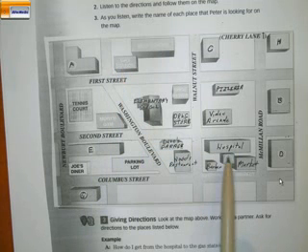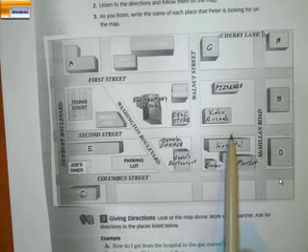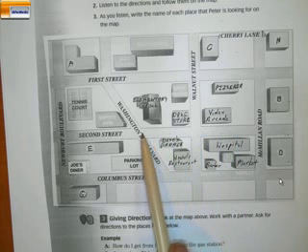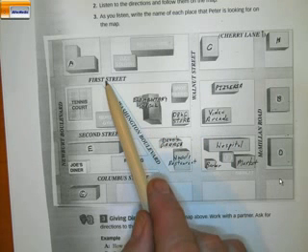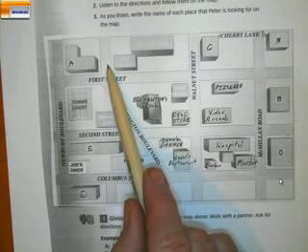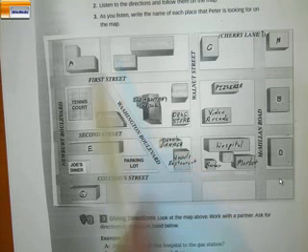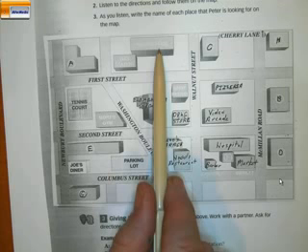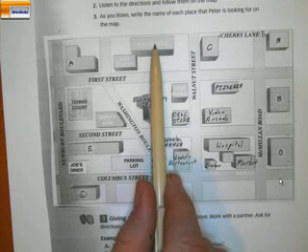So how would we do that? Here we are at the hospital. We'd probably go west on 2nd Street to Washington Boulevard. We turn right up to 1st Street and continue across, and we find the gas station is on our right. So these are directions. Number 1, we just did. Number 2, from the parking lot to the high school. So here's our parking lot, and we want to get to the high school. The high school, I'm sorry, is not so clear, but that's the high school up there.